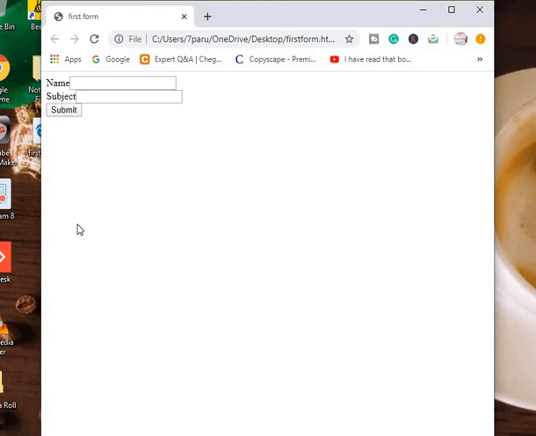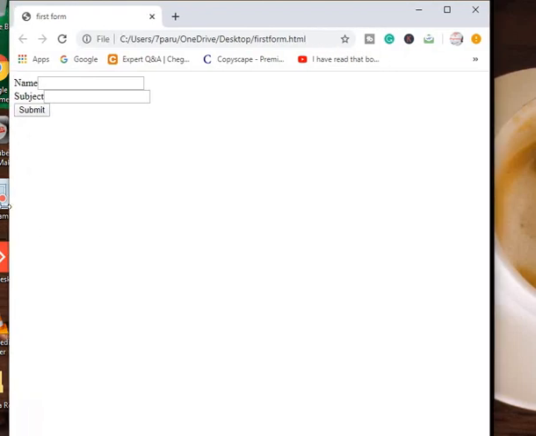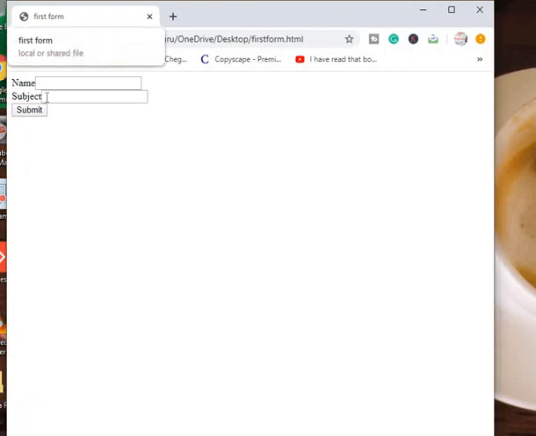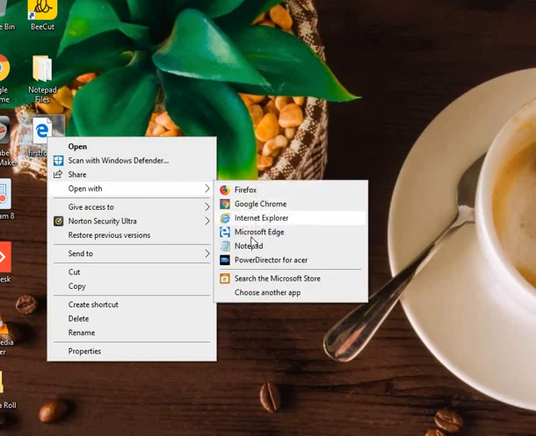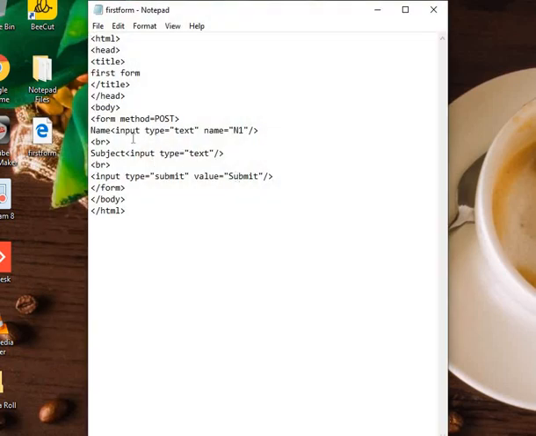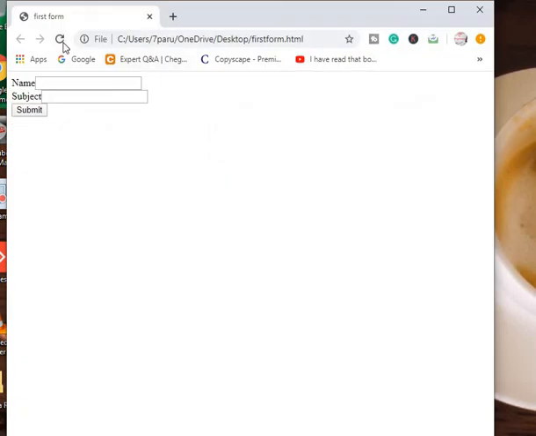Okay, so this is the title, first form. Wait a minute, let me open it again. It has to have some symmetry, you know. So Control S, save it, make some changes.